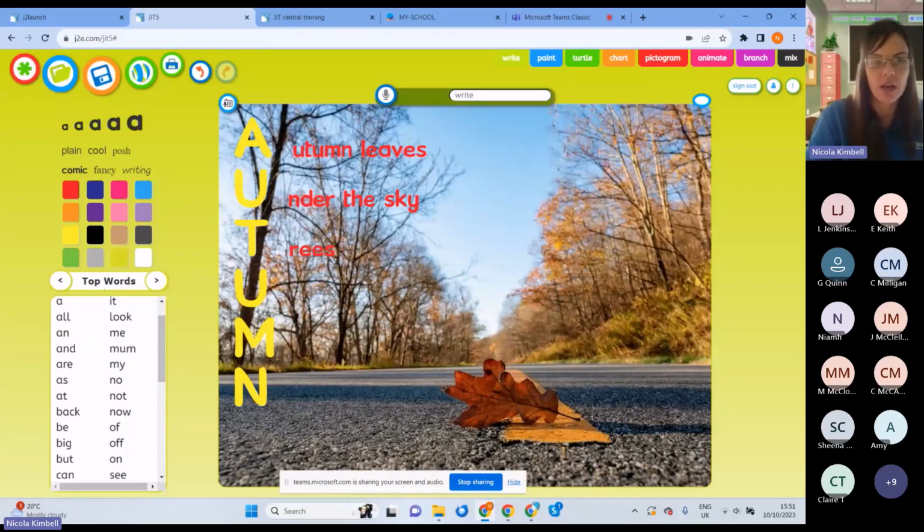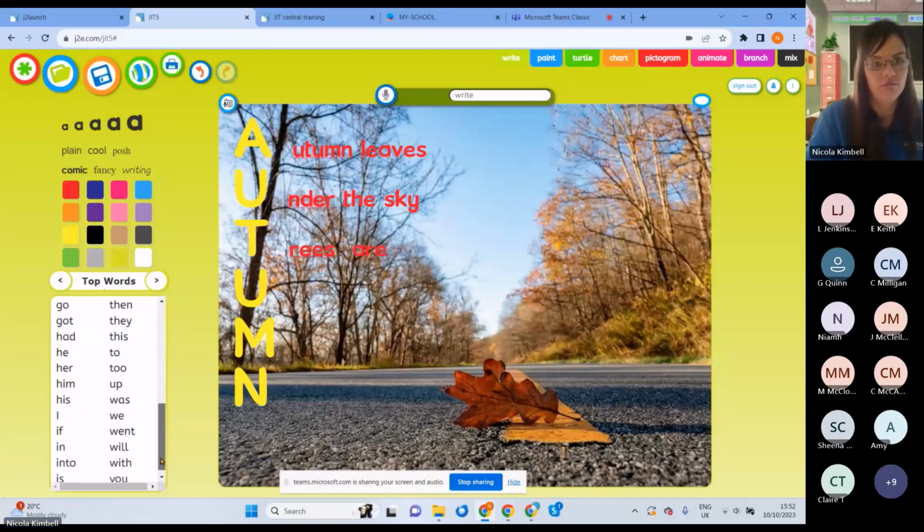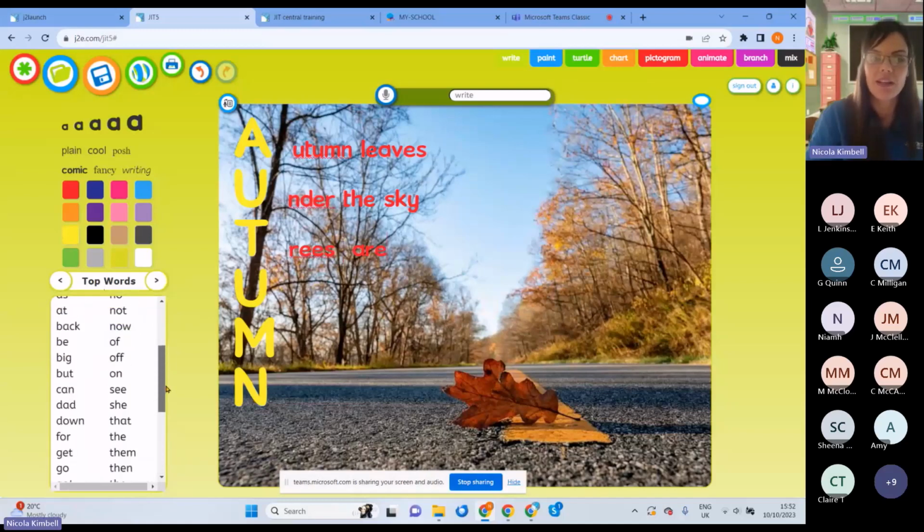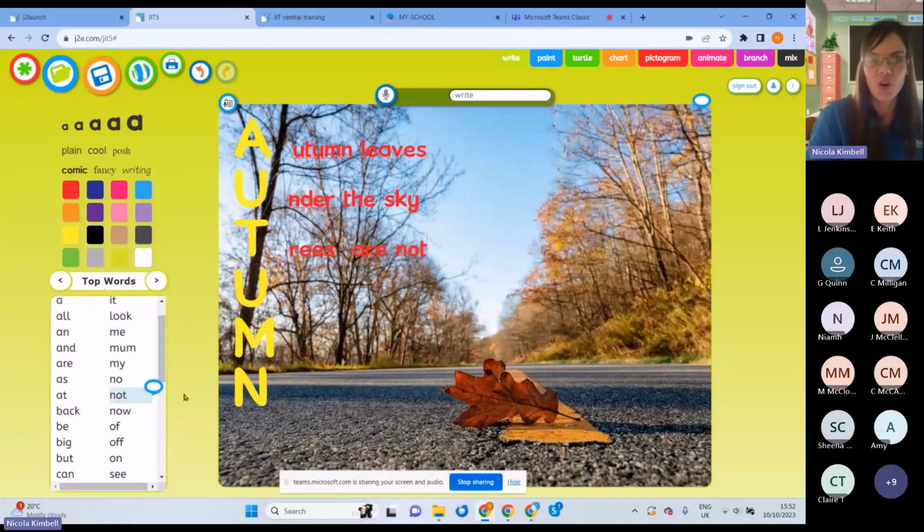So we could add, let's go for R. Trees are... I'm going to leave that. Are not. It doesn't make any sense, but there we go. Now, because I've left a gap in these, I'm going to remove these gaps. Here we go. Now, when I hover over any of these words in the word list, I can click on